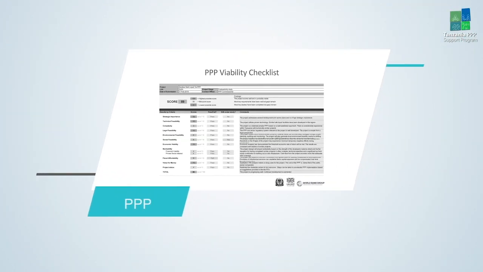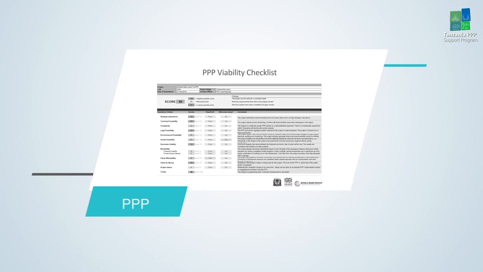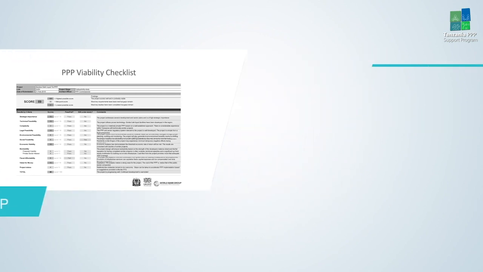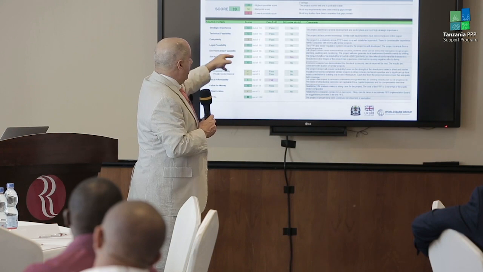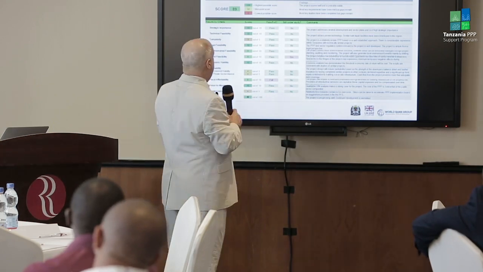This is what we would call a dashboard, if you will. This was an actual project. My friends from Zanzibar would know this project. It's not necessarily going to happen, but this was looking at a new port terminal, basically for fuel in Zanzibar. There were a number of criteria that were used. Technical feasibility, legal feasibility, environmental feasibility were scored, and you can see some of the comments here. But it's basically a very simple pass-fail analysis that gives you some feel for whether the project could be done